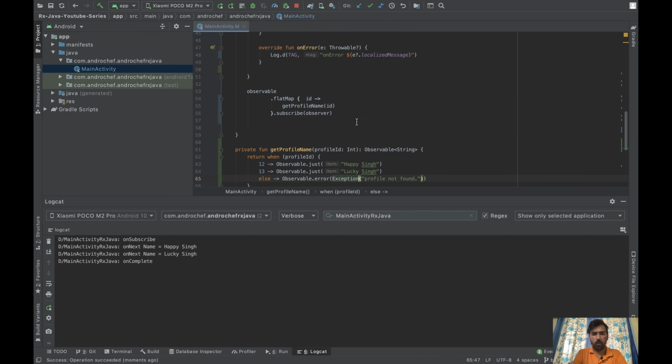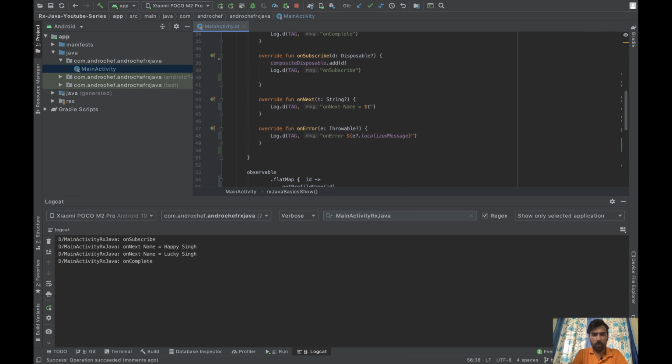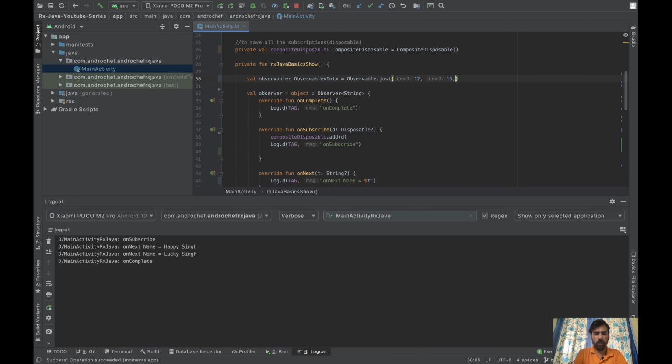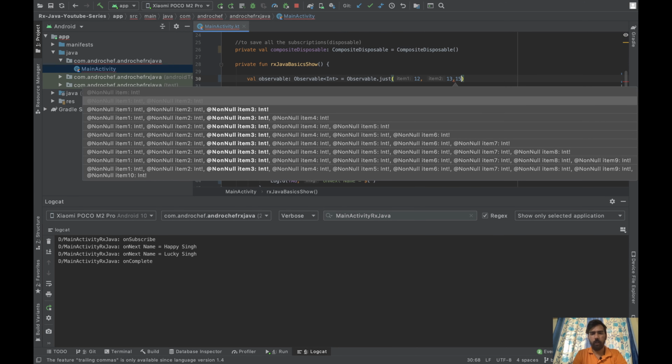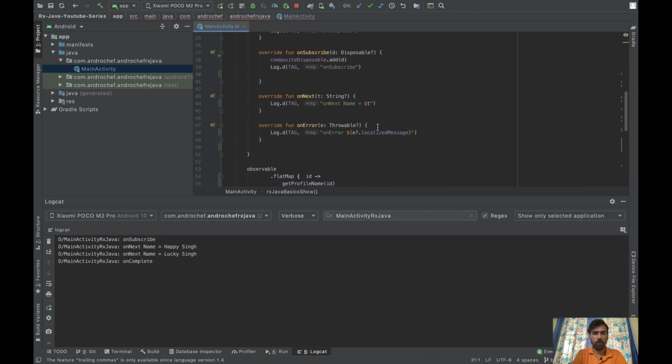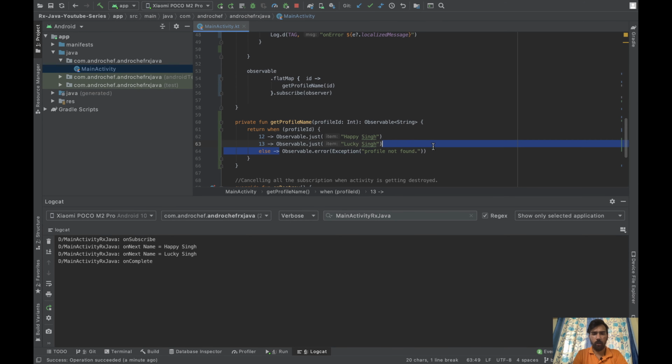So let's look into one error message also. We'll add one 15. So 15 is not there, right? So it will throw an error. So let's check.